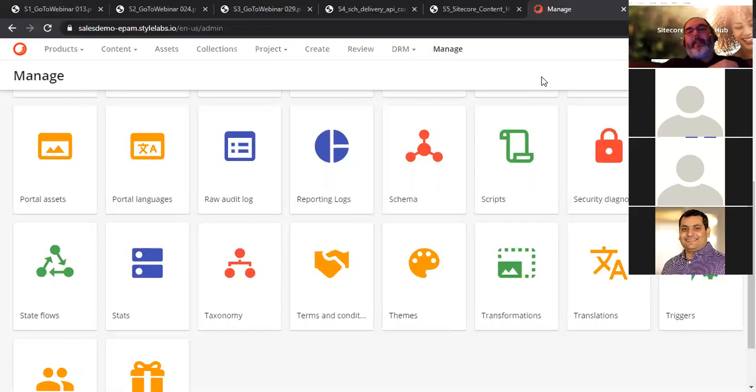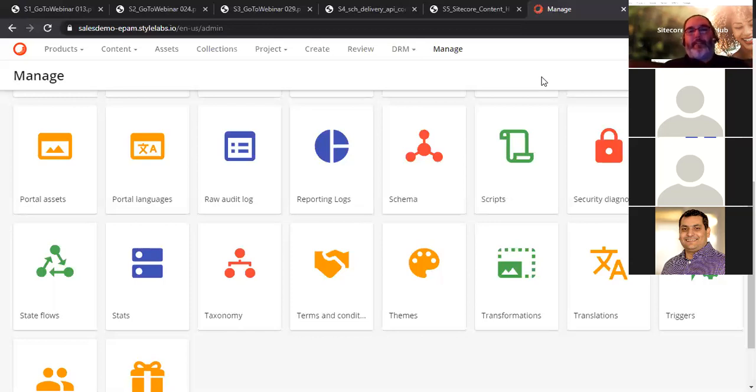Is the license based on the number of assets you're going to store, or on the number of users? From what I've seen, it's based on what components you're buying. So if you're storing more assets, then you're